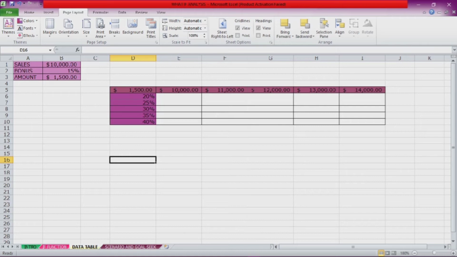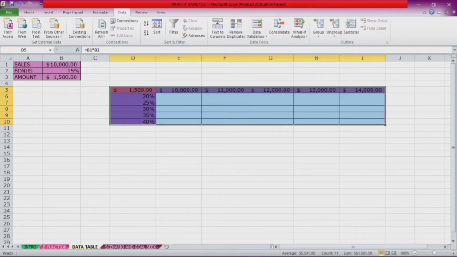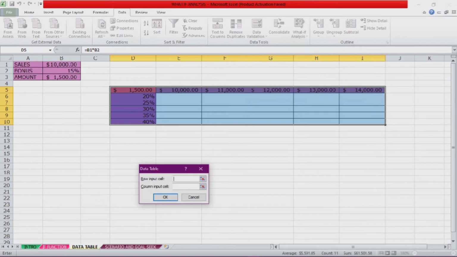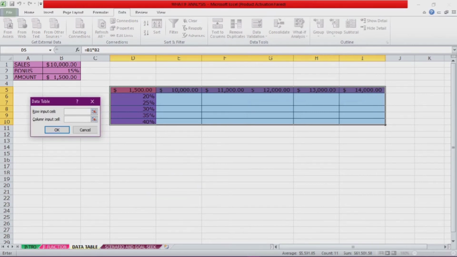and then what you have to do, you just select your table and then click the Data tab, find What-If Analysis, and then click Data Table. So for the row input cell, if you can see, the row is the sales, and then what you have to do,